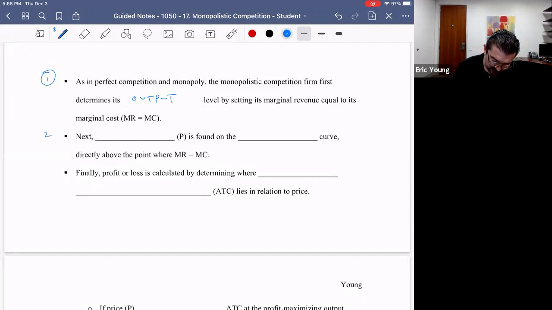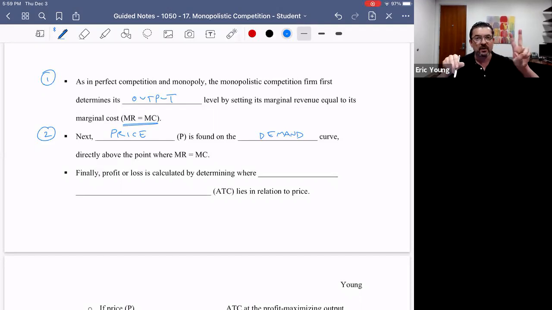Then once you have output, after following the MR equals MC rule, step number 2, you're going to find price. Remember that price is derived from the demand curve. So step one was MR equals MC, and we drop that dotted Q line down. That's the output. Step two, we take that Q line up to the demand curve and we go left to